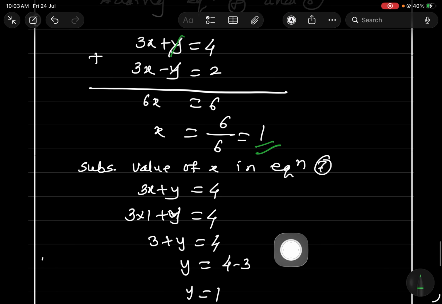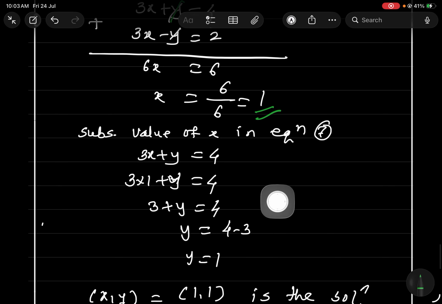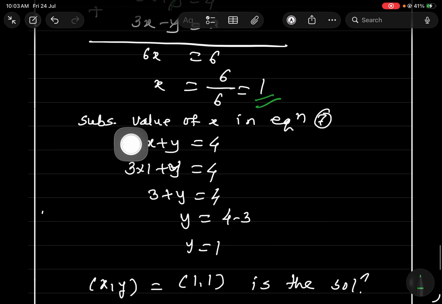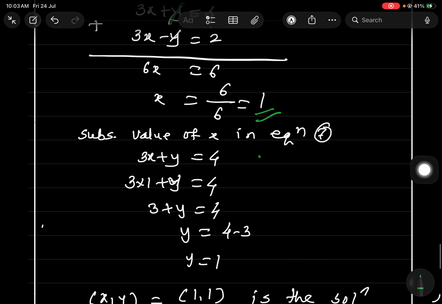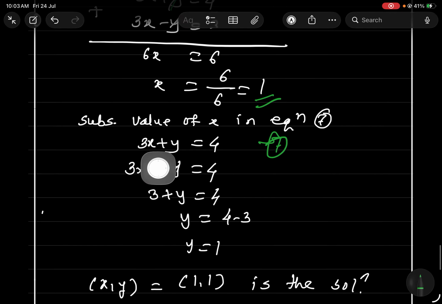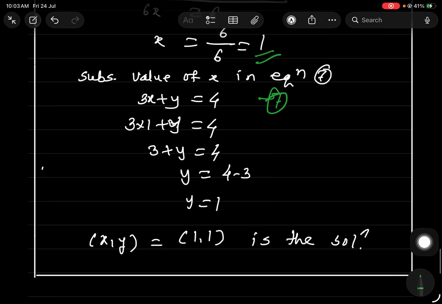It is a little big and lengthy, but it is very simple, step by step you have to understand what we have to do. So substitute the value of x in equation 7. Your equation 7 is 3x plus y equal to 4. For your understanding I am writing it again. So x equal to 1, so 3 into 1 plus y equal to 4. So 3 plus y equal to 4, y equal to 4 minus 3, y equal to 1. So x and y both values are 1 and 1, that is the solution